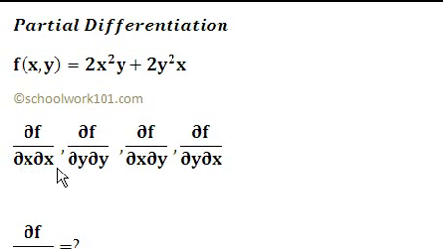Even if this was like 3 partials here, or 4 partials down here, whatever, just remember you read these from right to left. So you take the derivative of this first with respect to x, leaving y as a constant, and then you take the derivative of this one next, right? This time you're taking the derivative of y, leaving the other variables, however many are involved. We could have a bunch of different variables up here actually. Anyway, so right to left. And I'm going to be introducing some other notation to replace this that I think is easier to understand, but